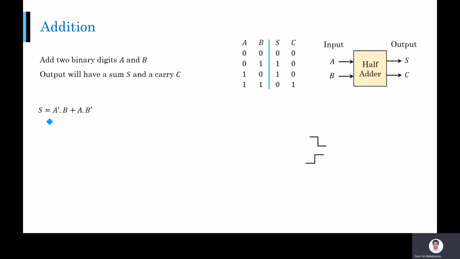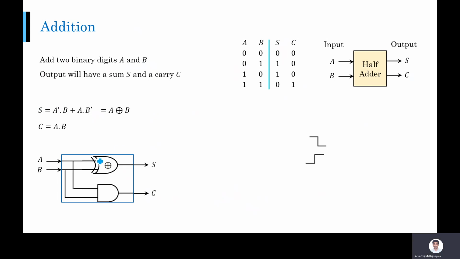The functions for sum and carry we have already seen. It is easy to see. Sum is A'B plus AB', right? Sum is 1 for these two minterms, so I can write it this way. And what is carry? Carry is only one minterm, AB, right? So sum can be realized by an XOR gate, and carry can be realized by an AND gate. So my circuit is simply one XOR gate and one AND gate. You see that A and B are going as inputs to both these gates. Fine. So this is my circuit. Now what is the propagation delay for carry?